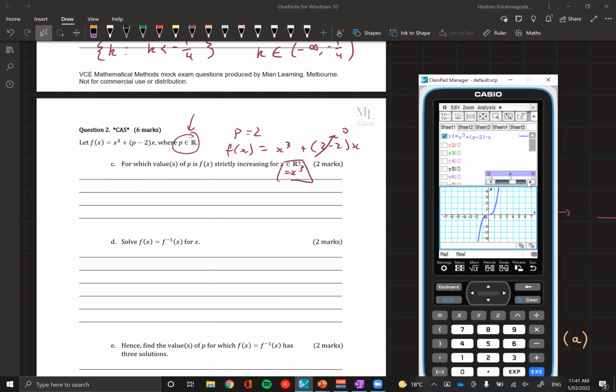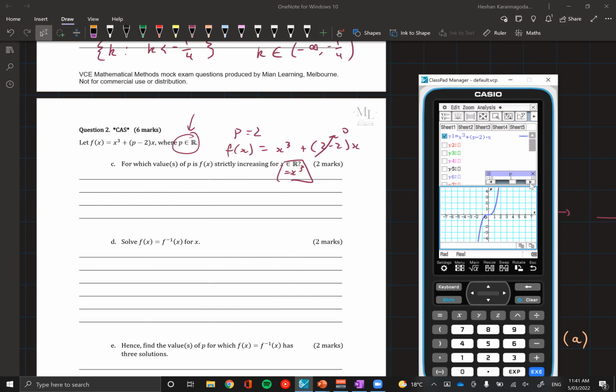But if you go before 2, you're going to see that the graph starts going up and down and up again. And that means that it's not strictly increasing. So that's why the starting value is 2. Yeah. Cool. Great explanation. Just let us know in the chat if that's all good.